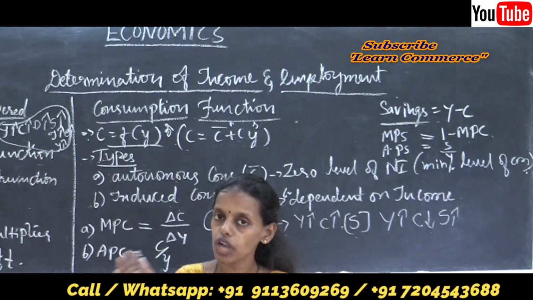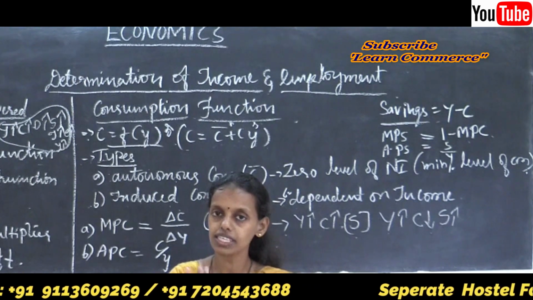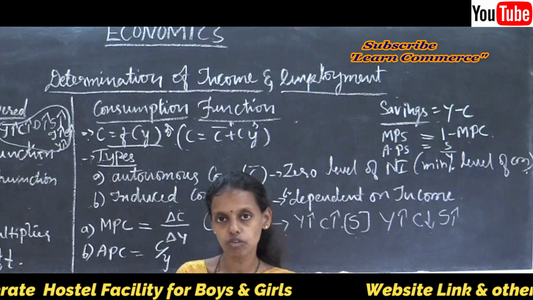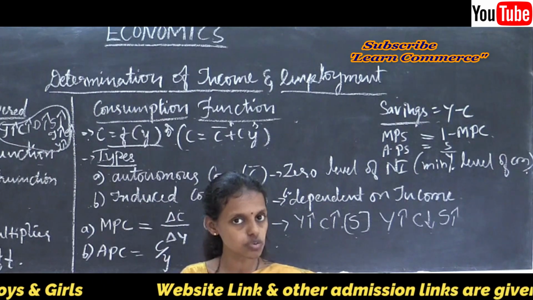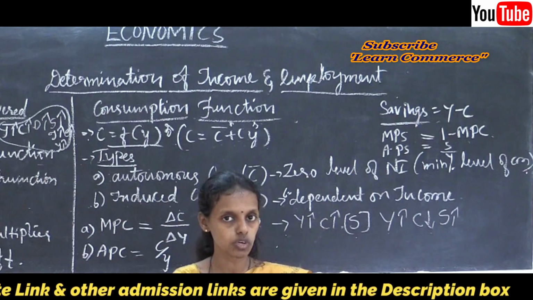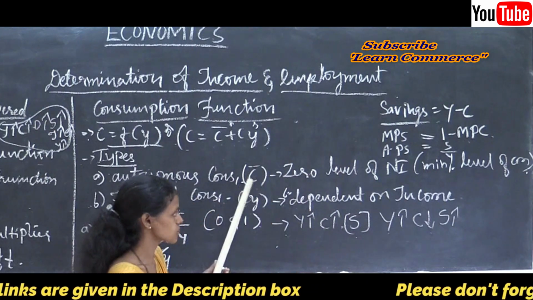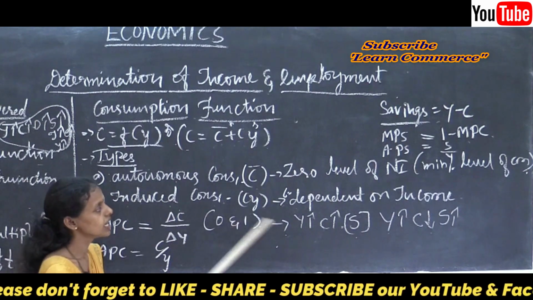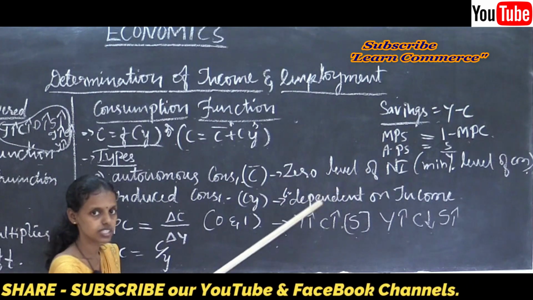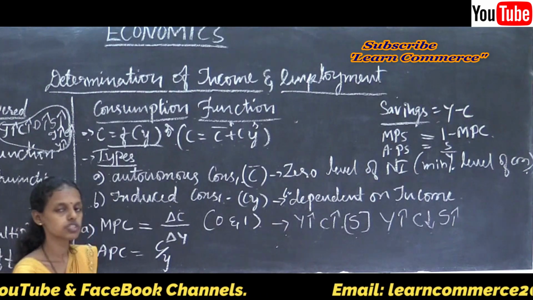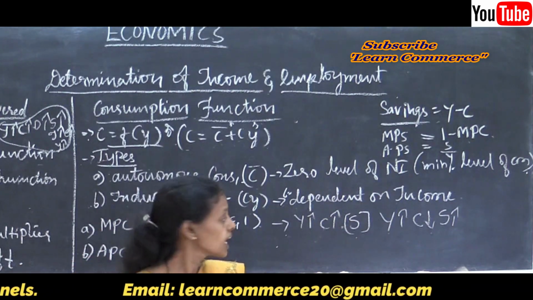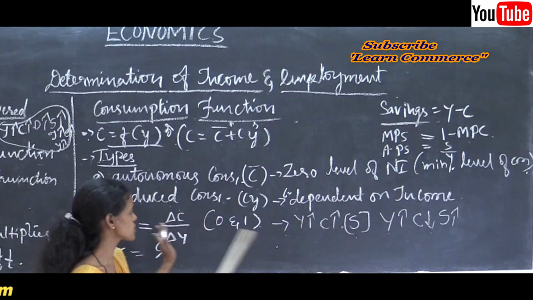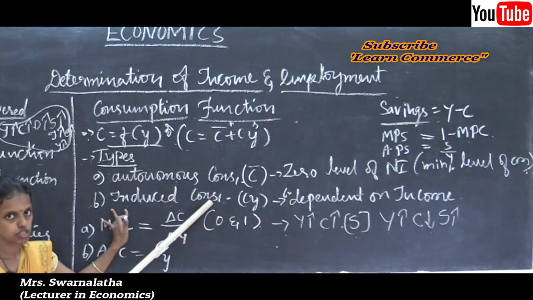For example, today you have 500 rupees, tomorrow your pocket money increases from 500 to 600 rupees. Instead of consuming, we may save, keeping that 600 rupees as it is, or invest 50 rupees as an autonomous investment. Otherwise, in the case of induced consumption, instead of saving or consuming at zero level of national income, you spend the whole 500 or 600 rupees on consumption. That is, whenever consumption depends on the income, it is said to be induced consumption.